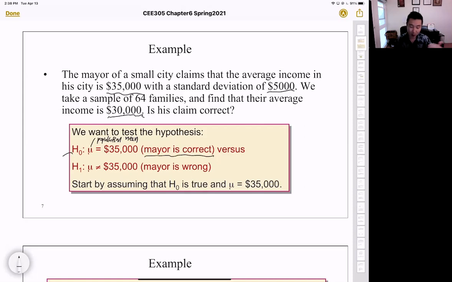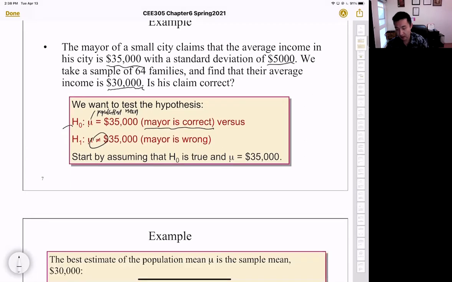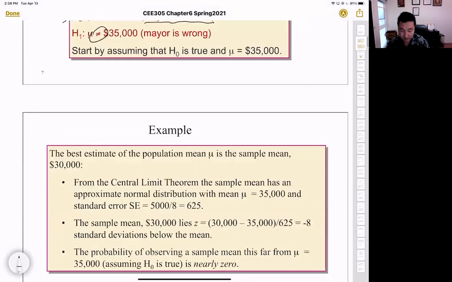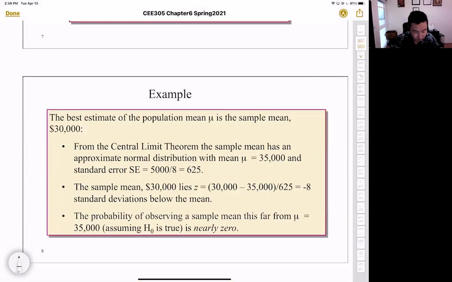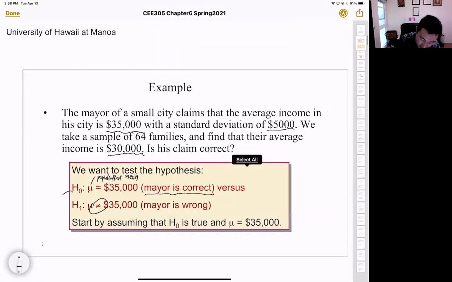And then H1 will be the opposite of H0. So the population mean will not equal 35,000, which means the mayor will be wrong. So we start the hypothesis test by assuming the mayor's claim is true and H0 is correct. If we assume the population mean is 35,000, let's see what will happen. From a sample of 64 families,